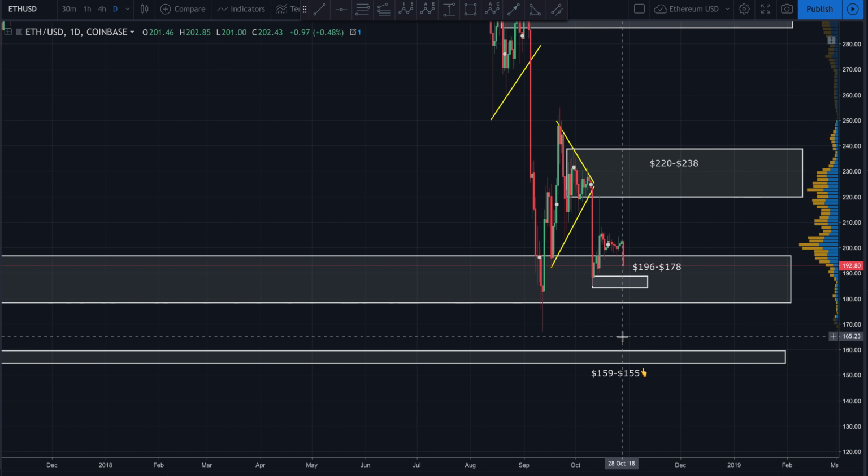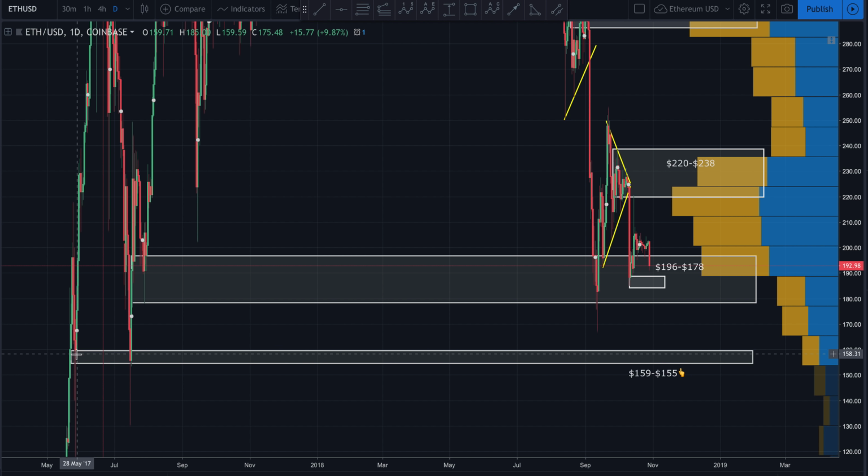And the area that I'm going to be watching for a possible reversal, as we saw back in here, is 159 to 155. We can see that that's been tested numerous times. Now, yes, it's broken through by a wick, but was always pushed up right away. We saw it right here, came back down, body of the candle didn't break it. We had this wick, but the body didn't break it. Got pushed right back up. The body got pushed down here to about 155, very long wick, but didn't break this area. This is the area I'd be watching for a reversal, 159, 155.